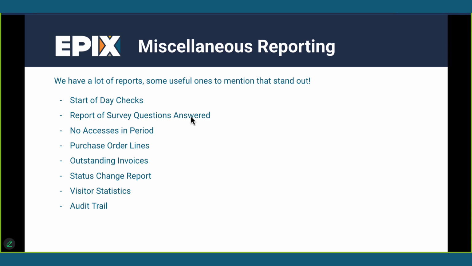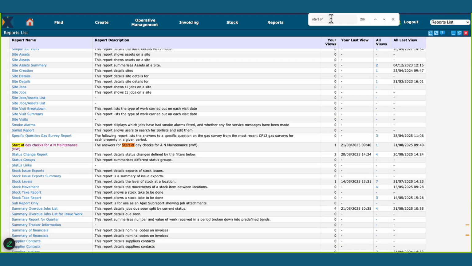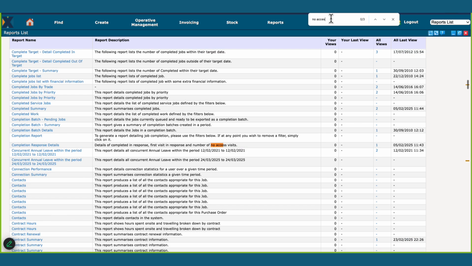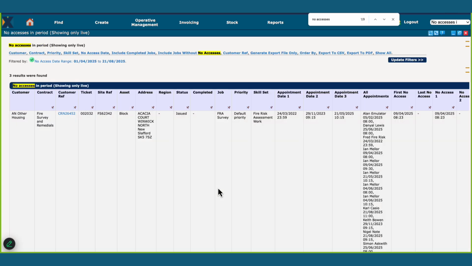Report of survey questions answered. You saw the slide a couple of slides ago about surveys on by address. It's like that, but it basically is any survey that you might have carried out using the mobile app, you can report on it. We've got a really handy report for no accesses in period. Again, our demo data, not as thorough as what yours will be in your system, but if I do the no accesses in period report from, let's say, the 1st of April to today, and a search, we get a nice little report that shows us the job,